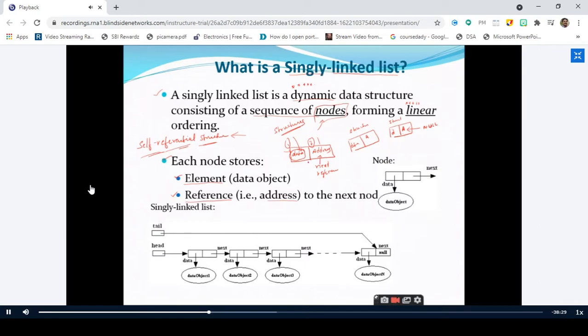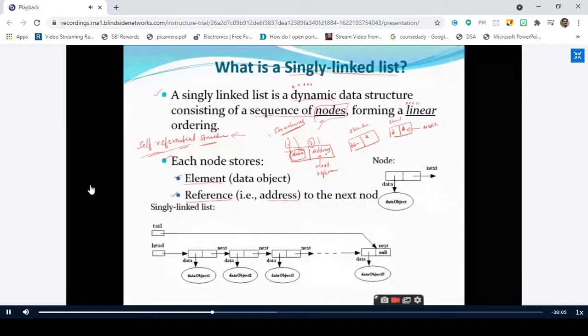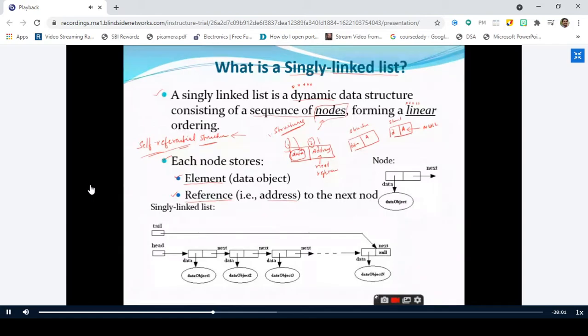But at this point of time, you remember that a collection of nodes is called a linked list, and a node is divided into two parts. A node is implemented using structures. The first part we call data, where we store the original data which you want to operate on. The second part represents the address part, which stores the address of the next node. Next node is nothing but another structure. So this is how we are going to implement the node.